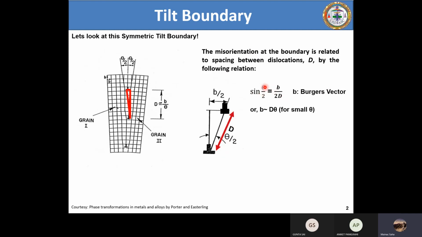If you make theta very small, almost equal to 1 degree, 2 degree, 3 degree, even around 15 degree, that's what I'm saying, if theta is very small, the horizontal distance between two dislocations, you said it to be b by 2. Is that predetermined, an assumption, or has it been determined experimentally? Experimentally there are certain proofs.